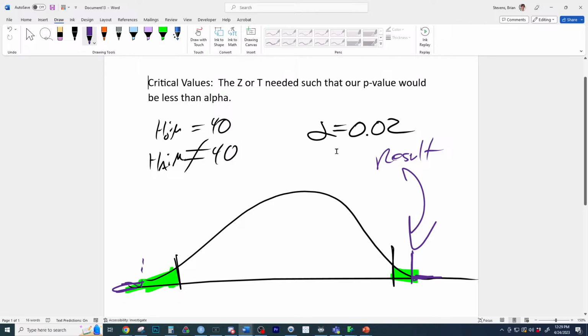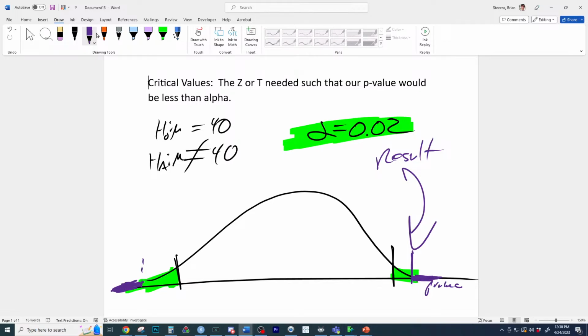They're not like confidence intervals, so to say. They'd be less than alpha. So the p-value, because this is the p-value right here, would be less than the alpha level. The alpha level right here is the green amount. So any result in these regions, sometimes called critical regions, is going to be less than alpha.